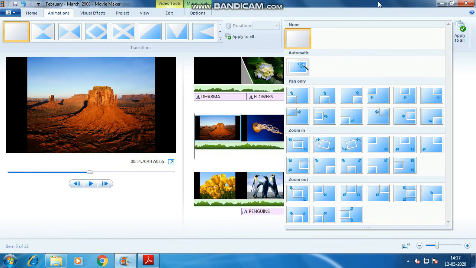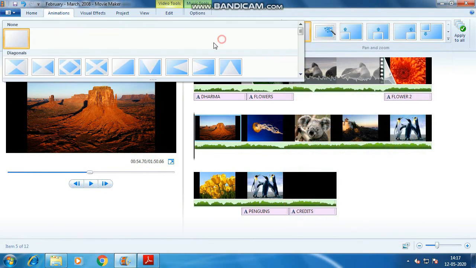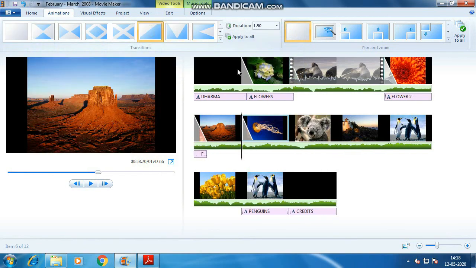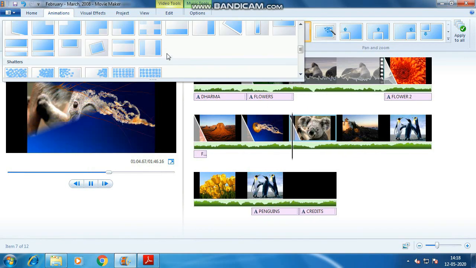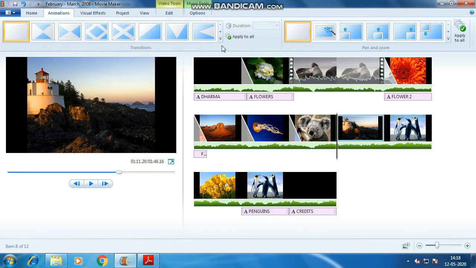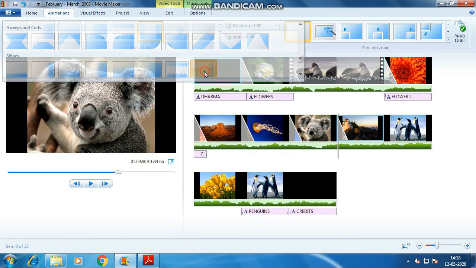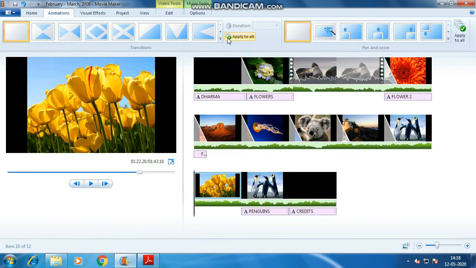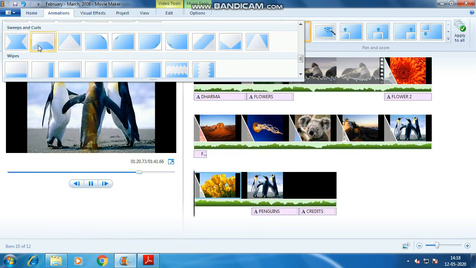You just select it. Next I'm selecting this one, then for the koala I'm putting this one, then for the lighthouse I'm putting this effect, penguins I'm having wipes, then tulips we're having this, and the wipes, penguins already having.